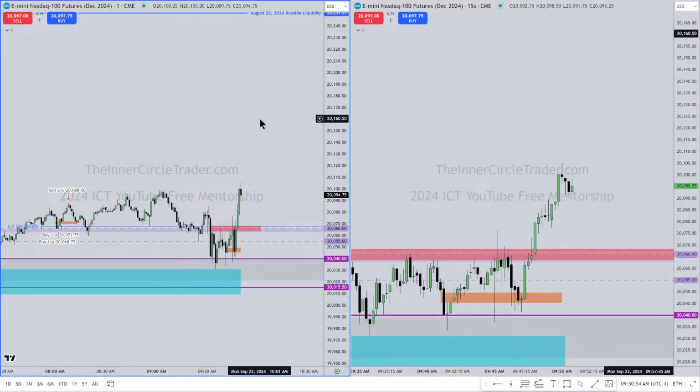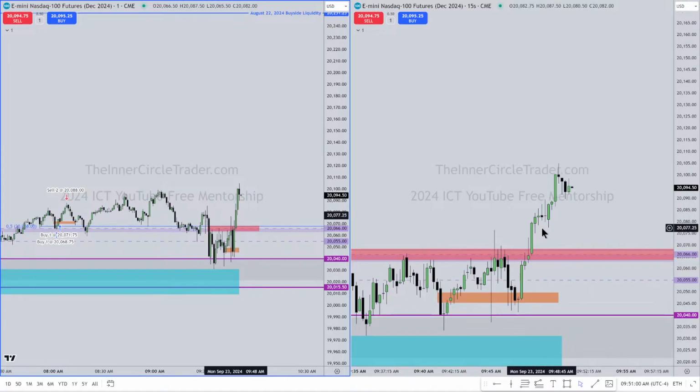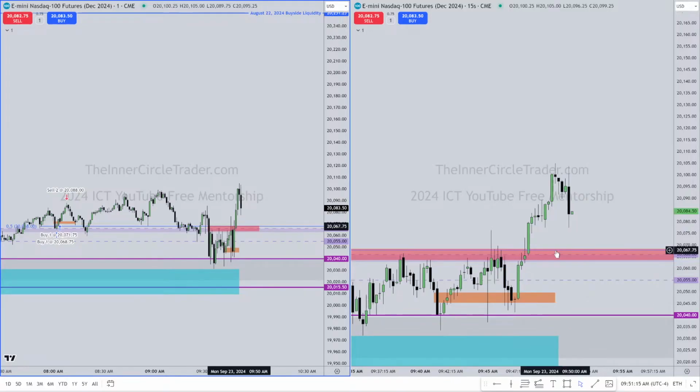Now these are problematic areas for me because I don't like to just use this little inefficiency here to try to capture that, because to me, it could still come back down and trade into this inefficiency or retouch the first fair value gap that's presented. So I have to sit on my hands and wait until 10 o'clock and use the first fair value gap there for a silver bullet. See what I mean? So this is a very, very dirty market this morning. Just so you know,